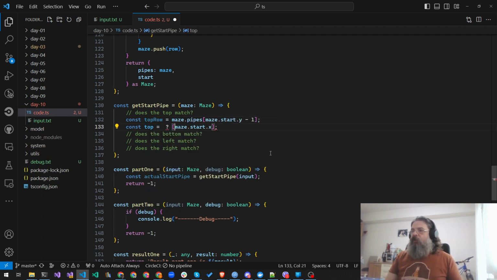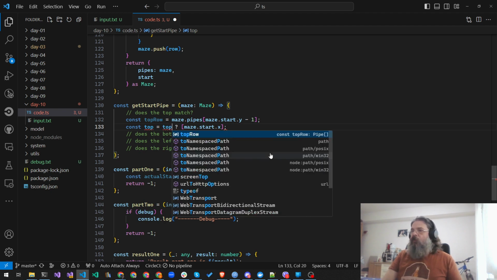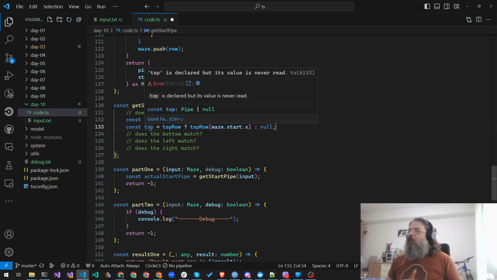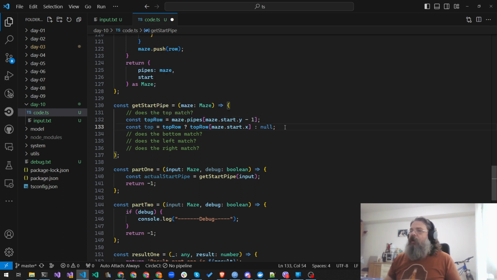That's the top row. So if the top row exists, return top row of this. We don't care about whether this is null. Okay, in this case it cannot be because it is actually here, otherwise it's null. I want to leave undefined for actual undefined things. So top will be a pipe or null,